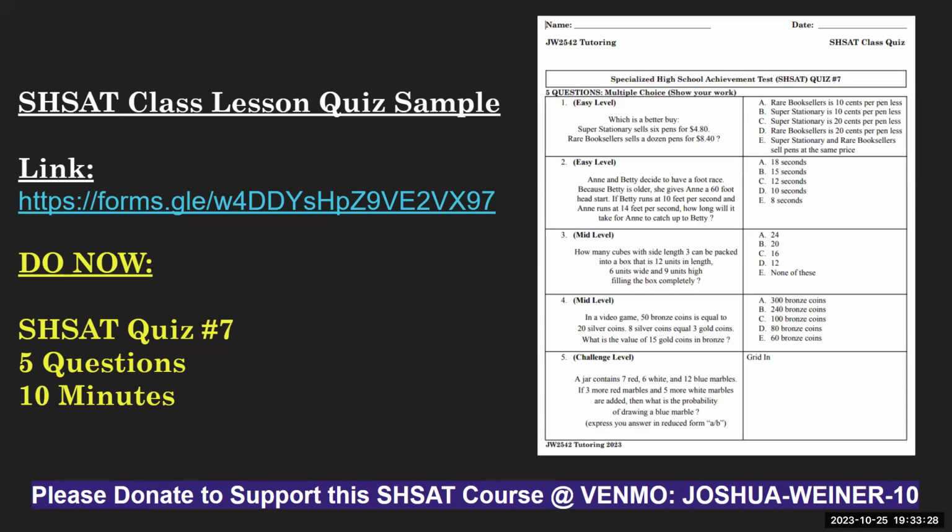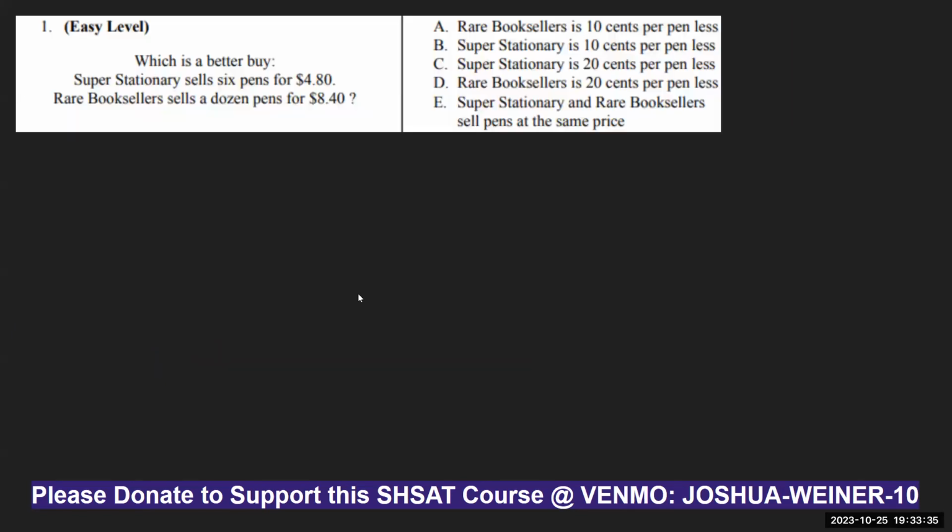Next, we'll quickly go over the 5 questions one at a time. So here we go. Question number 1 says, which one is a better buy? Super Stationery sells 6 pens for $4.80, and Rare Bookseller says a dozen pens for $8.40. Well, what we'll do here, hold on, I'm just getting the drawing tool ready, is